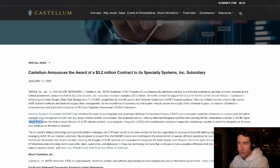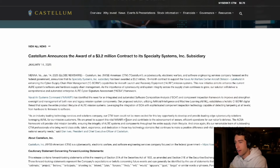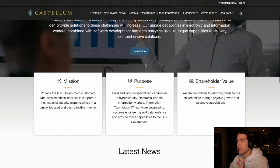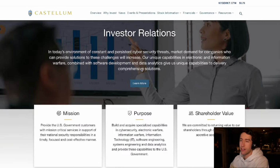And a thread that spans the entire product. So some key things to consider: CTM says they cannot be more excited for this opportunity to develop and provide leading edge cybersecurity solutions leveraging AI and ML, so machine learning, for our mission customers. They're going to be working with Naval Air, and that's a partnership that could potentially turn into more military contracts for sure. We're going to see a lot of emphasis on using systems to optimize naval ships and things like that,